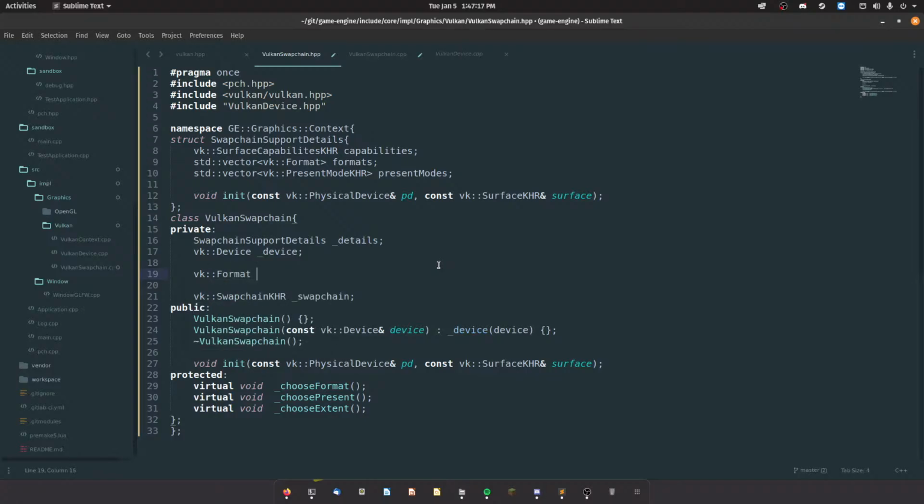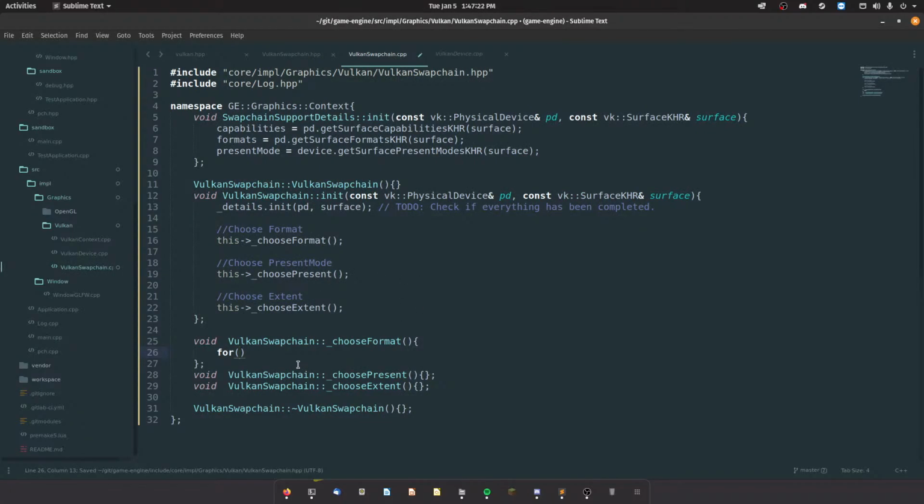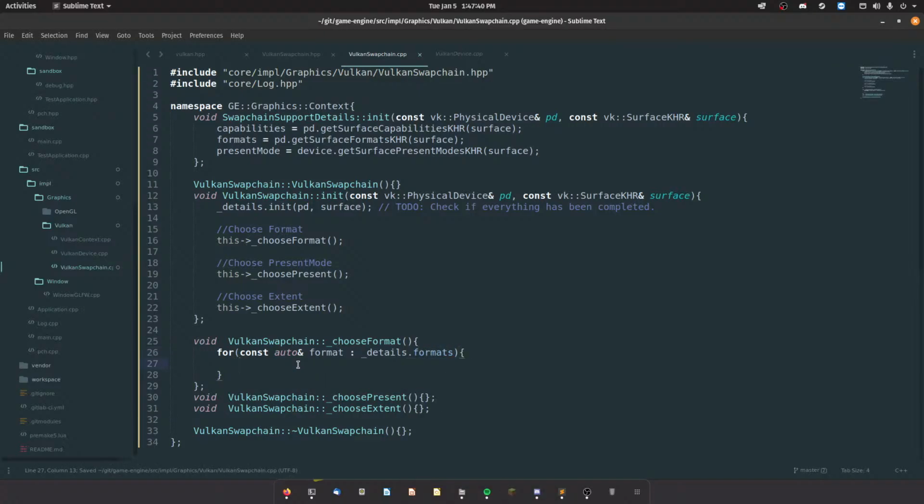VkFormat, for const auto reference format in details formats. So we're looping every format. So if format.format equals VK_FORMAT_R8G8B8_SRGB